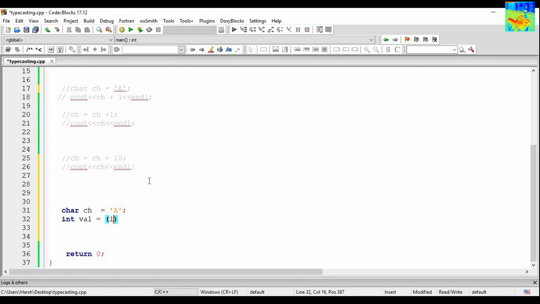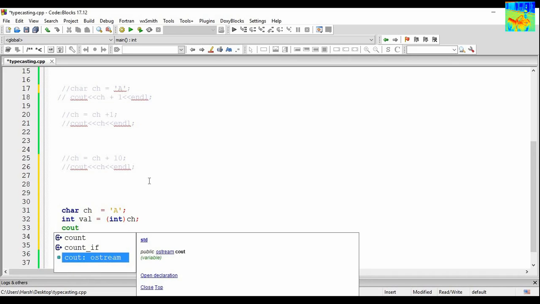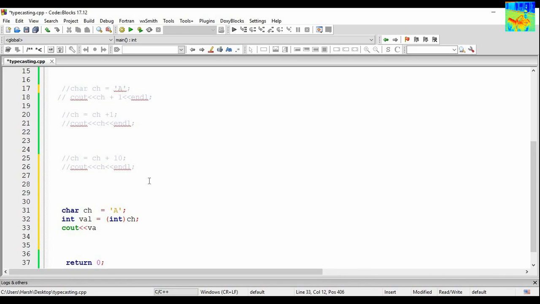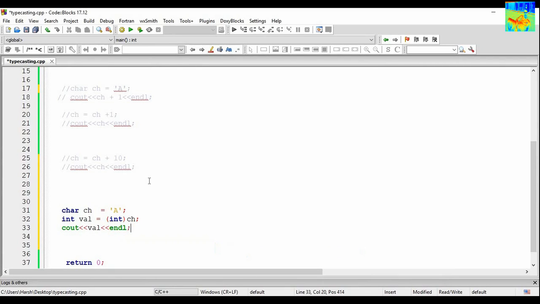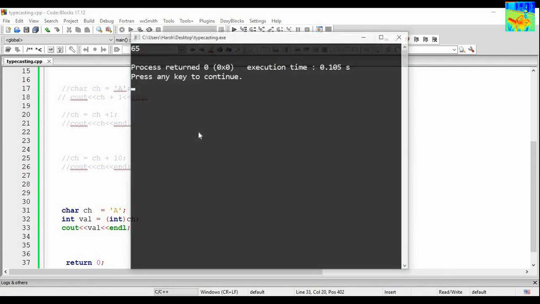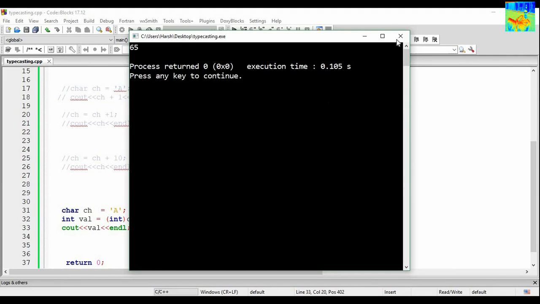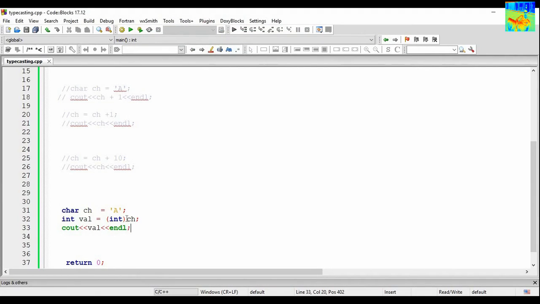You will just write int and then ch. This is called explicit typecasting. So what is the value of variable val? It is nothing but 65. Okay, so let's build and run. So 65 is getting printed. Okay, so this is called explicit typecasting.